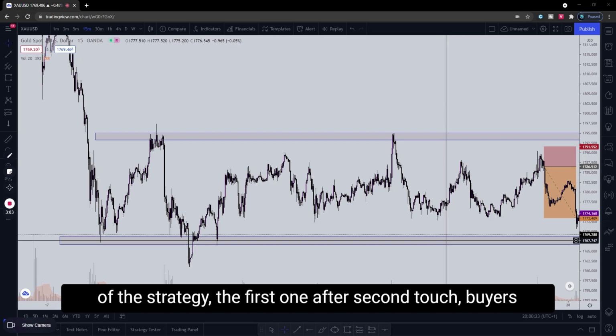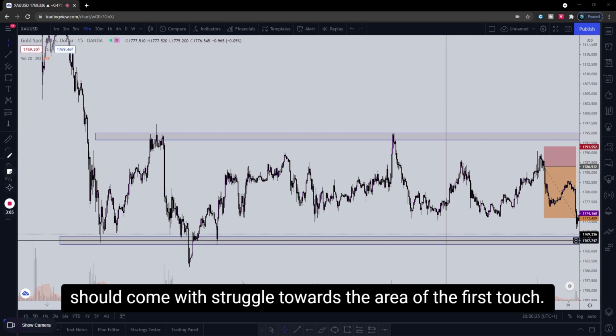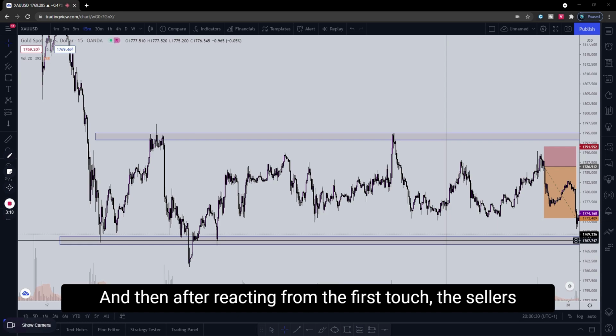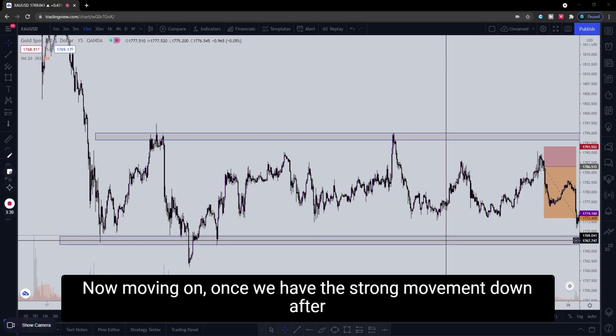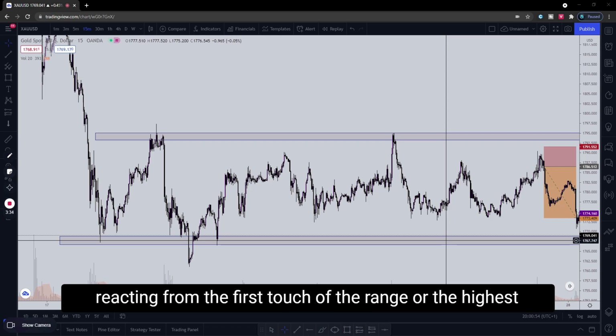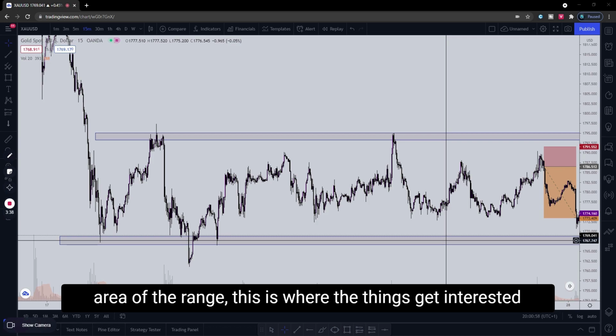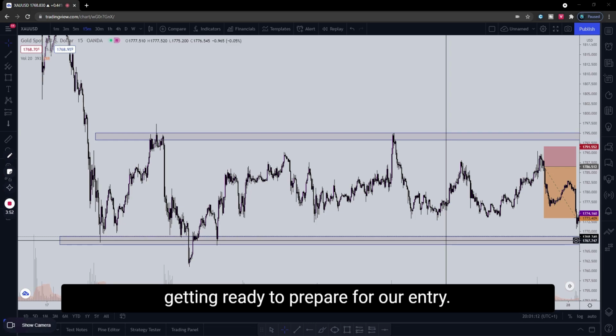The first one, after the second touch, buyers should come with a struggle towards the area of the first touch, and then after reacting from the first touch, the sellers should not reach the lowest area of the range. Now moving on, once we have the strong movement down after reacting from the first touch of the range, or the highest area of the range, this is where things get interesting,